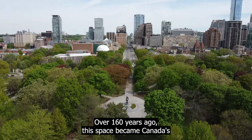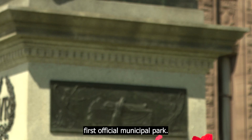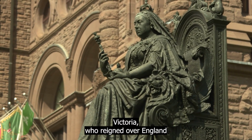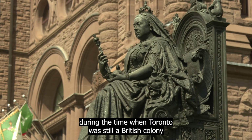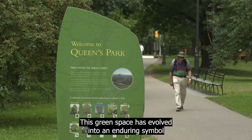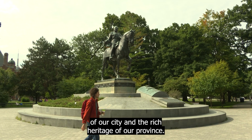It's beautiful. Over 160 years ago, this space became Canada's first official municipal park, Queen's Park, named in honor of Queen Victoria, who reigned over England during the time when Toronto was still a British colony. Stretching over 40 acres, this green space has evolved into an enduring symbol of our city and the rich heritage